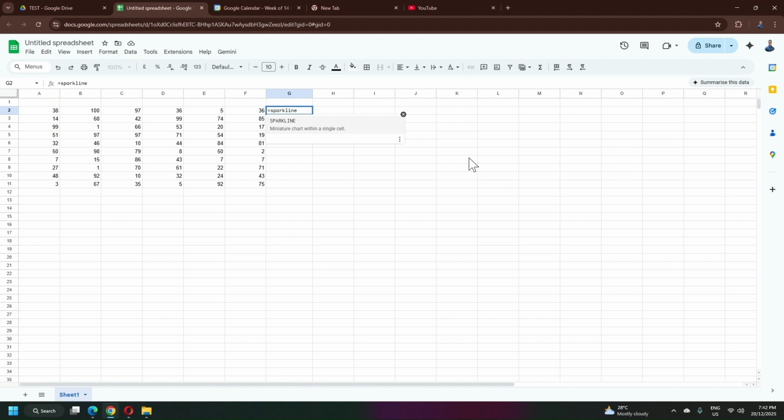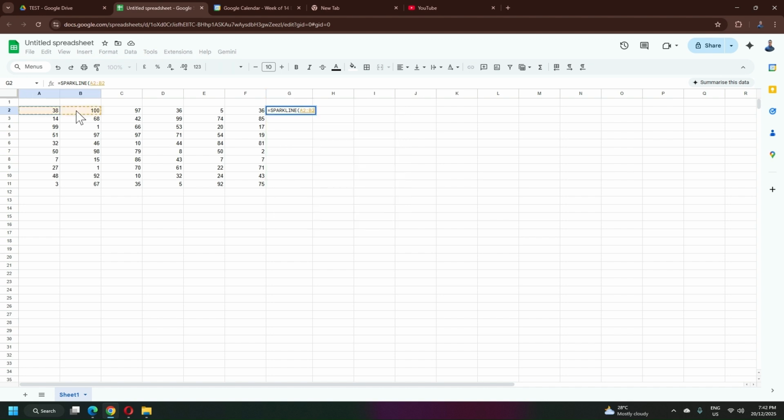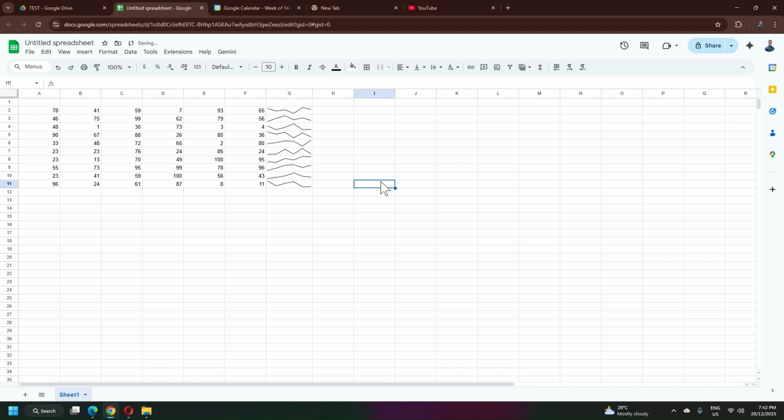as you can see over here. There is this sparkline, which creates a miniature chart. See, a miniature chart, and it actually falls into one single cell. So if I select all this here and I close it, it will create one small little chart inside one single cell, as you can see like